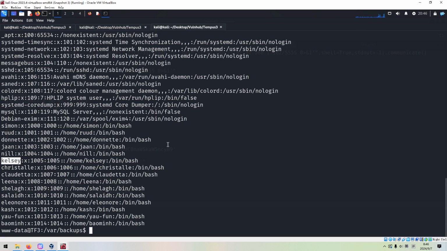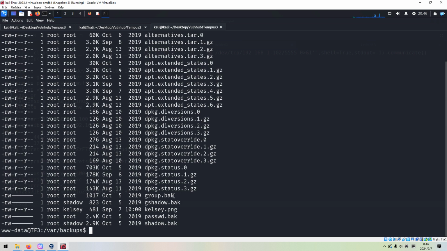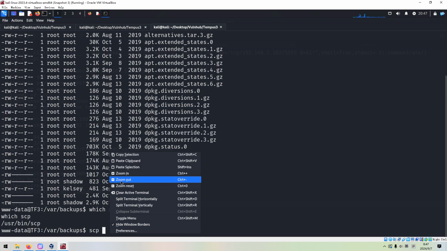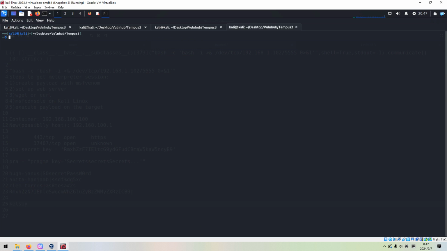So next, I think we should transfer this file, this picture, to the Kali Linux. So how do we do this? We can use SCP, because SCP is there, and we can copy the file name, the Kali, and we want to transfer to the working directory.